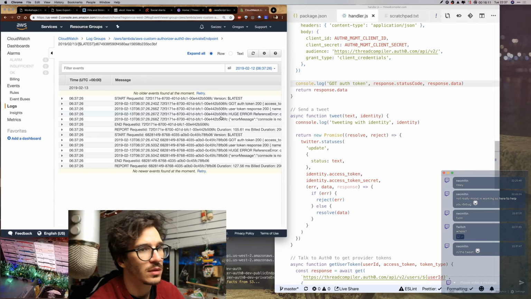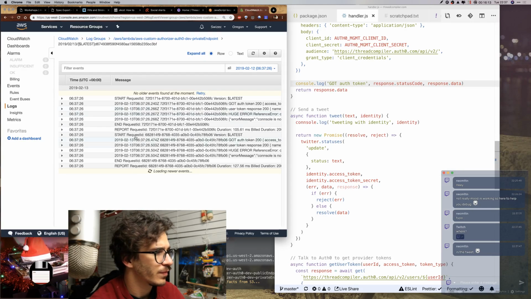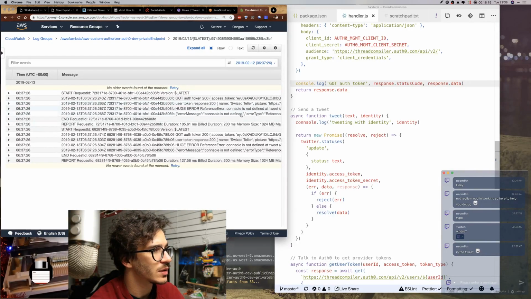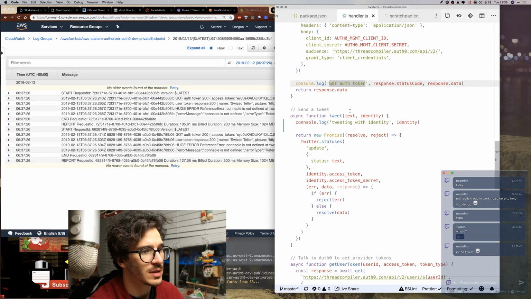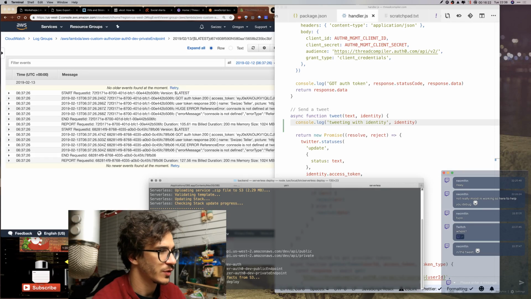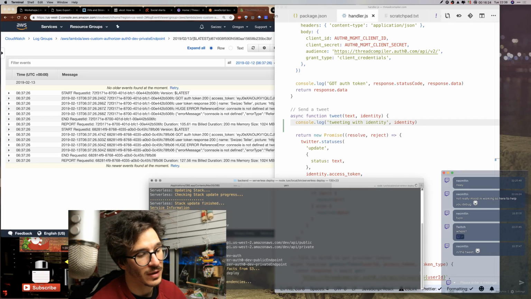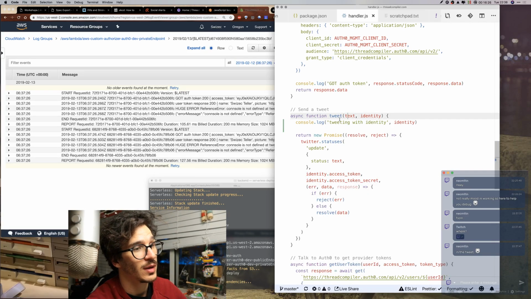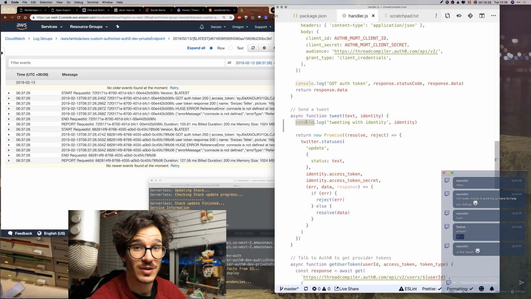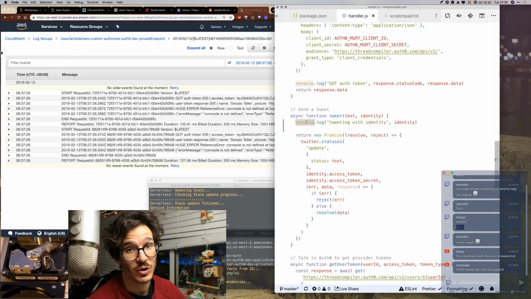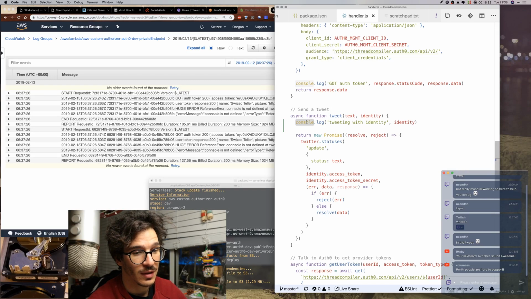No? Why is it doing this? Yep. Okay, I mistyped console log. Thank you. Let's try that again. Serverless deploy. Okay, so there's a typo in the tweet, but a bigger problem is that there's a typo in my logging code, which is supposed to help me